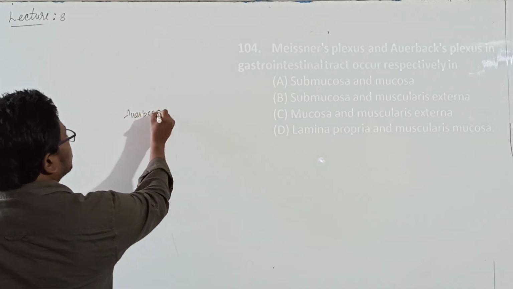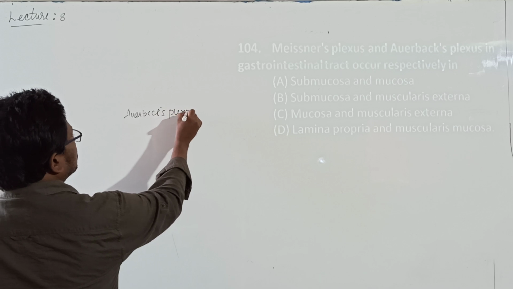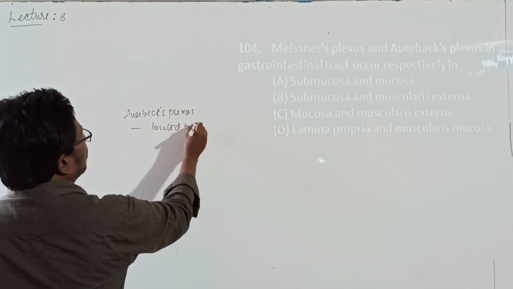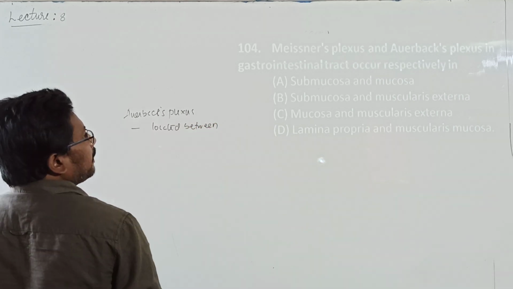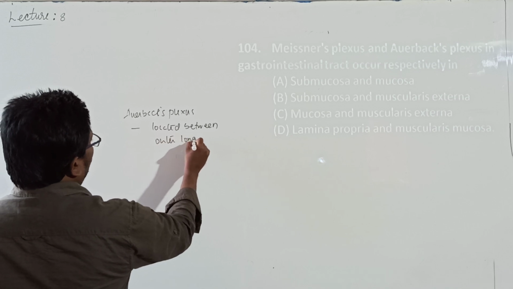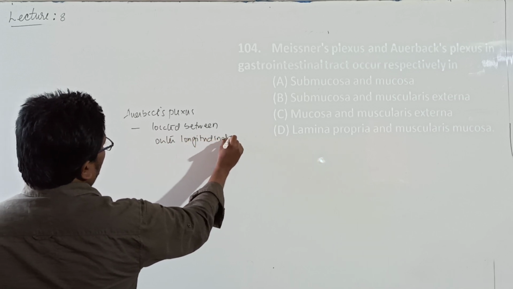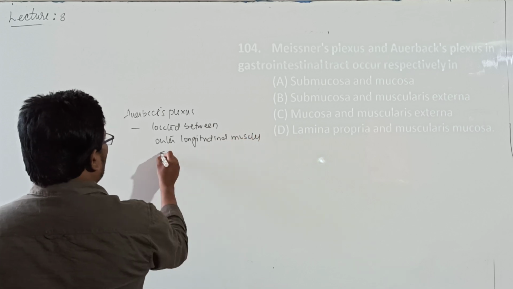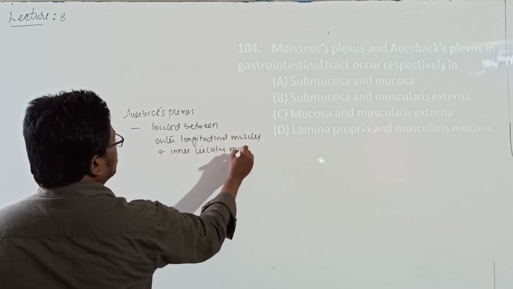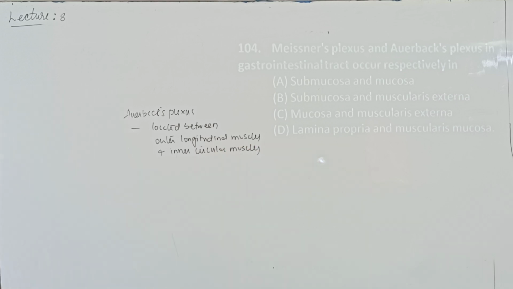So Auerbach's plexus is located between the outer longitudinal muscles and inner circular muscles, whereas Meissner's plexus is present between